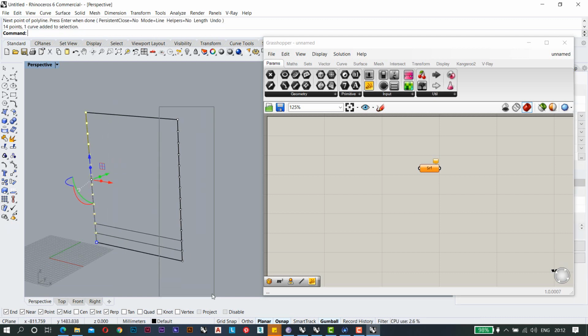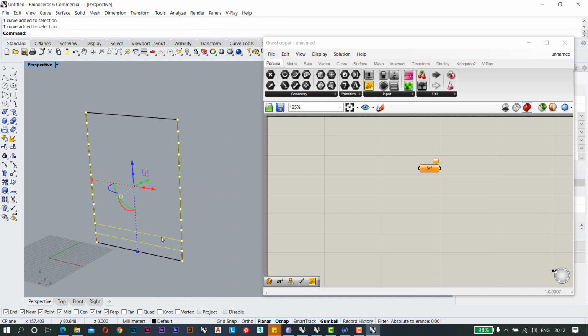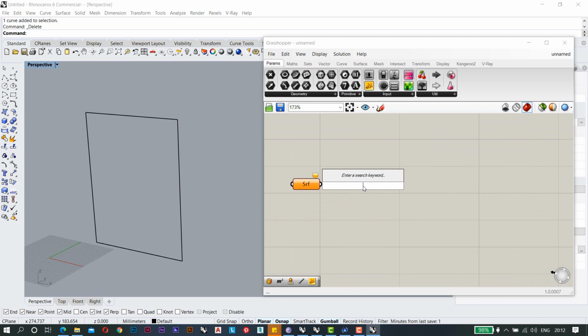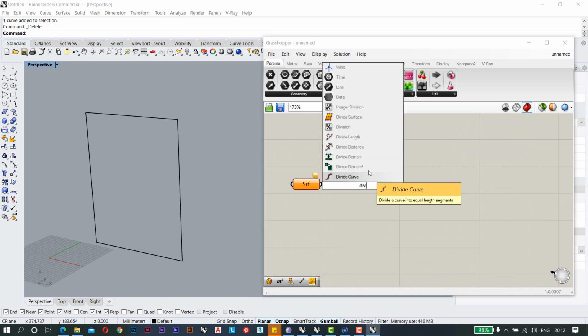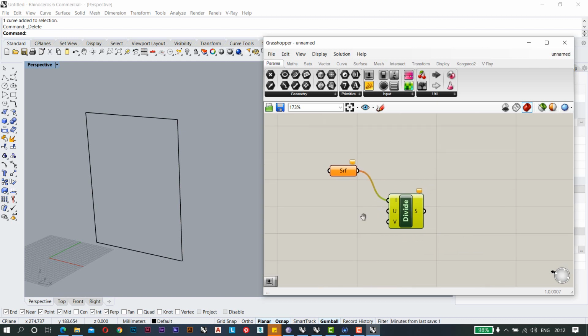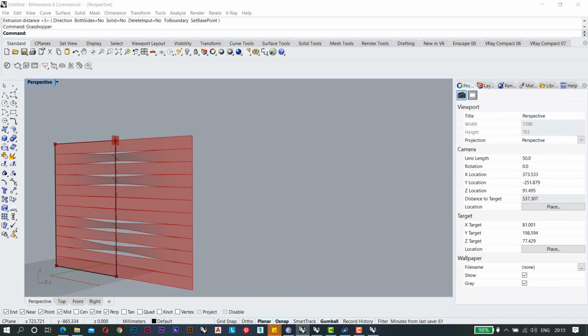For making the same thing in Grasshopper, we first need to make a domain. We will use divide domain 2 because this time our domain is working in two dimensions, one is x and another is y. First I will put my surface here and after that I will put my domain. So 1 in the x direction and probably 13 in the y direction. These are my UV values.